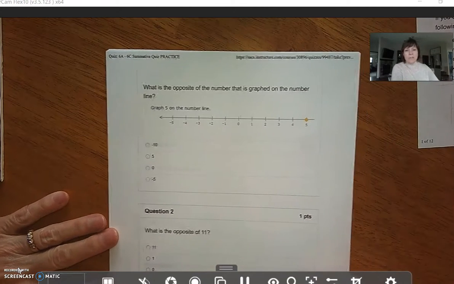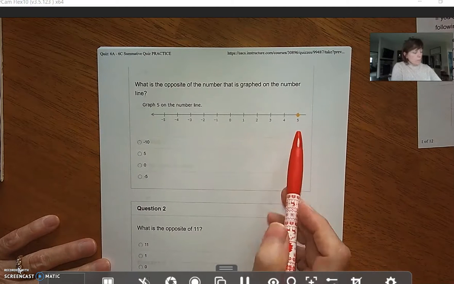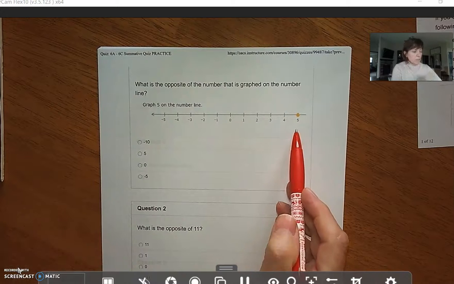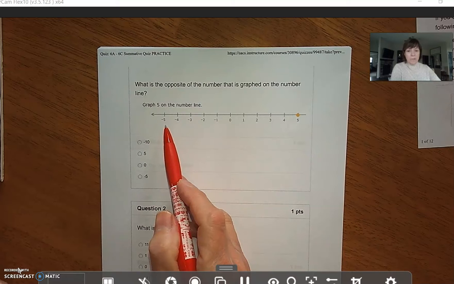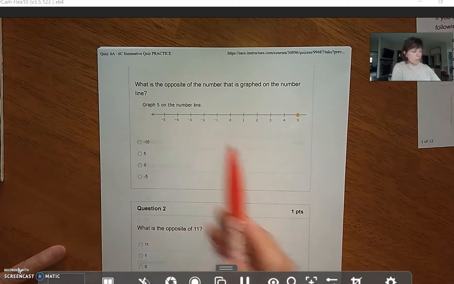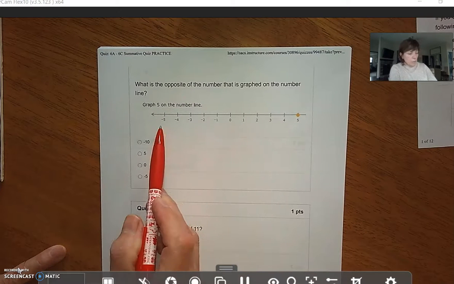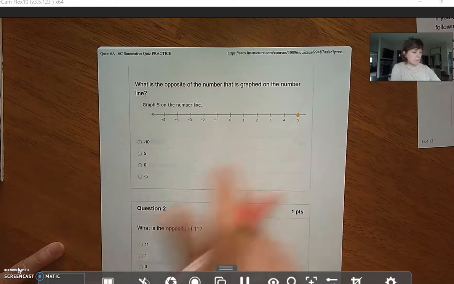The first question is, what is the opposite of the number that is graphed on the number line? If we look at this number line, we can see that the number is 5, and the opposite of any integer is the opposite sign. So if we're looking at positive 5, its opposite is negative 5. It's the same distance away from 0 on a number line in the opposite direction. Since this is 5 units away from 0 and to the right, then 5 units away from 0 to the left would be negative 5. So negative 5 is the opposite for positive